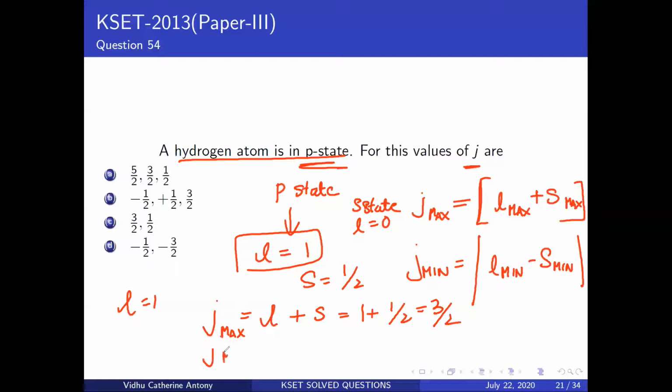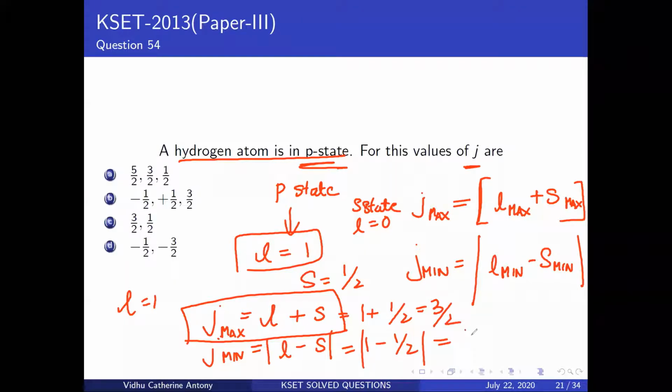And what is your J min? This is how you add angular momentum. You take the modulus of L minus S. This is where a lot of people make mistakes. They forget to take the modulus, or they just stop at this. So you have to be careful. You end up having this with a modulus, so that should give you 1/2. Also, you can rule out the other possibilities because of the modulus sign. If you have a negative sign, you can rule all of them out because you do not get a negative value in this kind of situation.